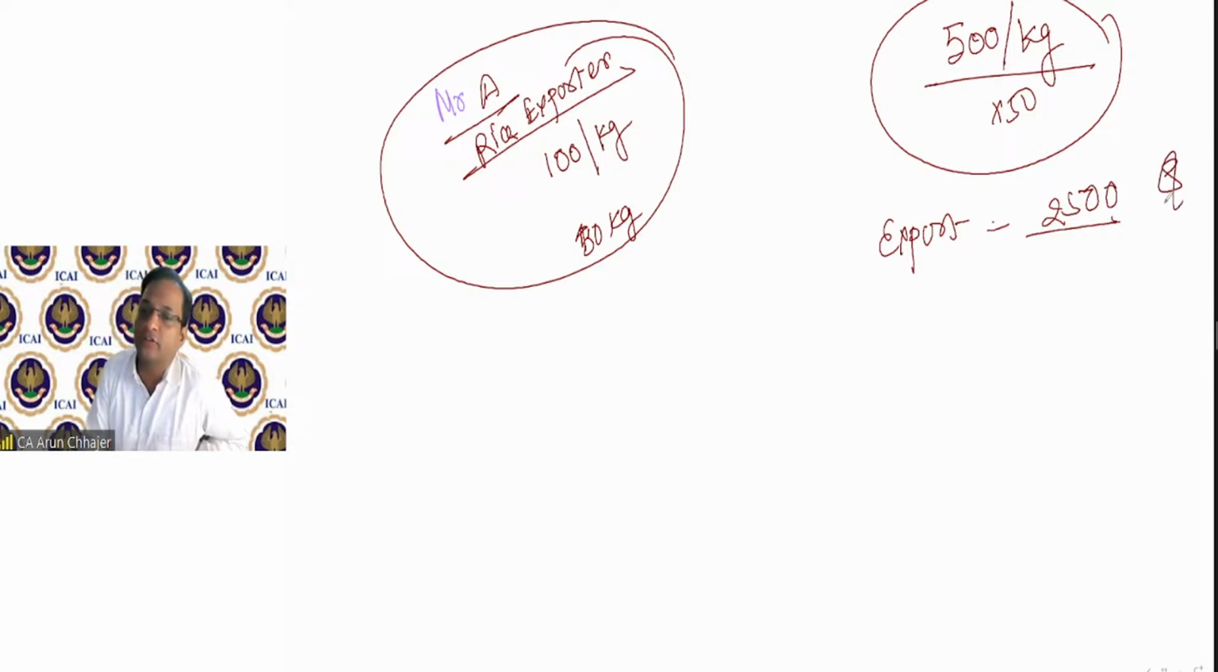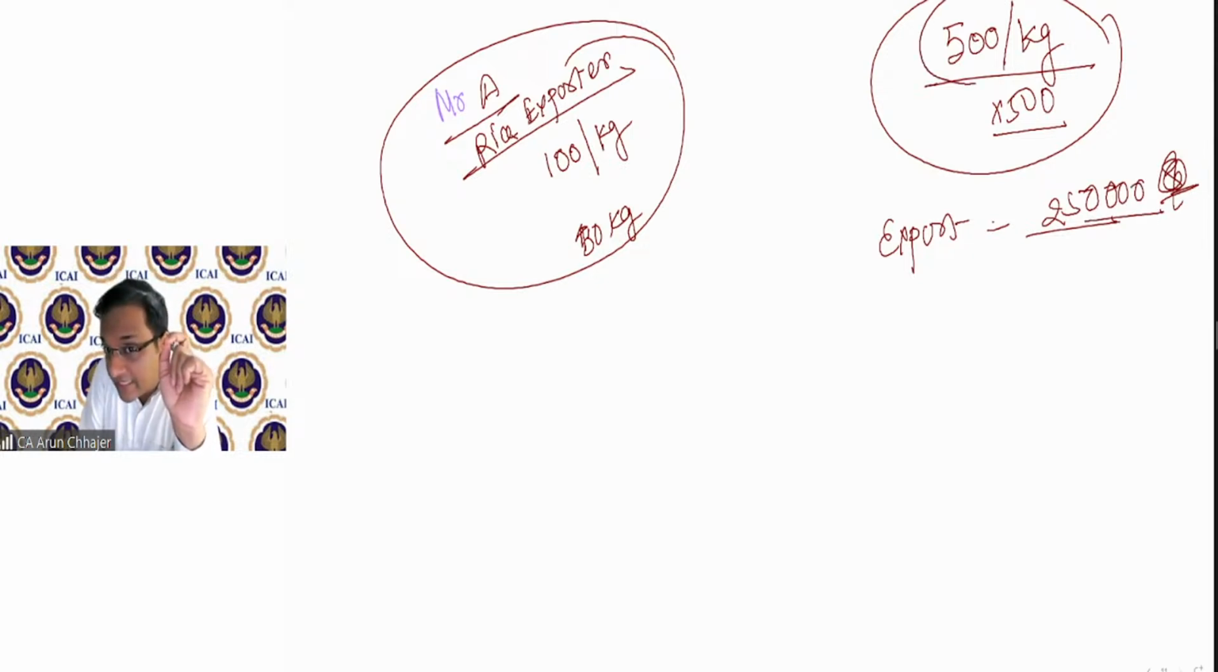Let's say it is USD or any currency. He had sold a total of 500 kg, and the rate per kg is 500. So 500 into 500, 2,50,000. This is the export